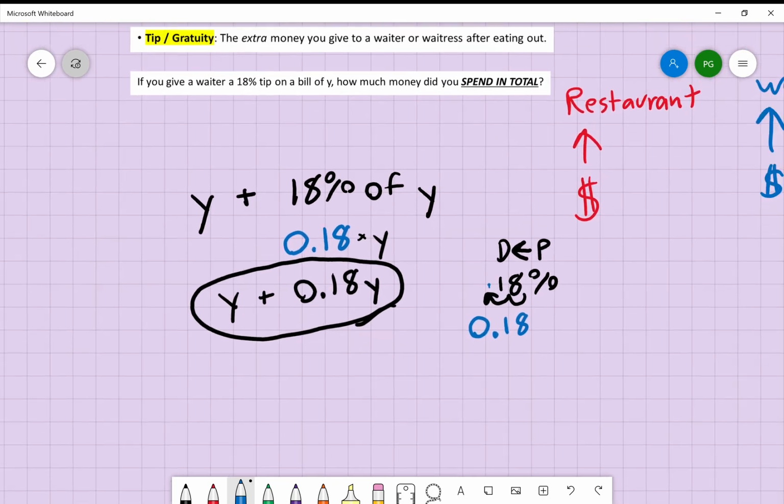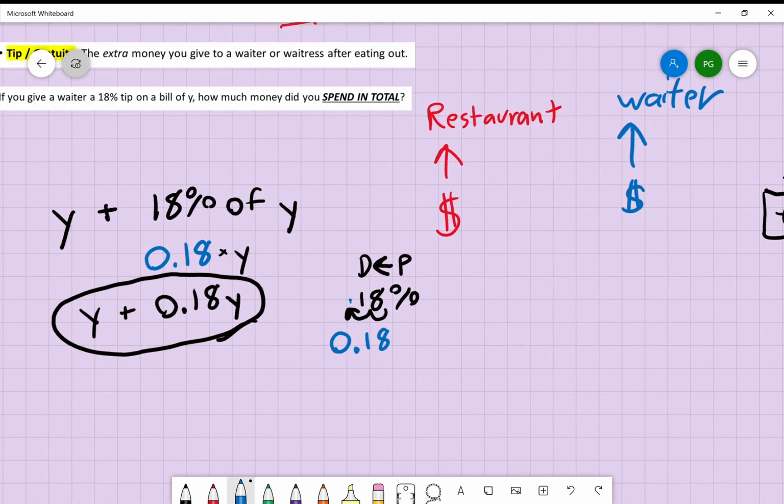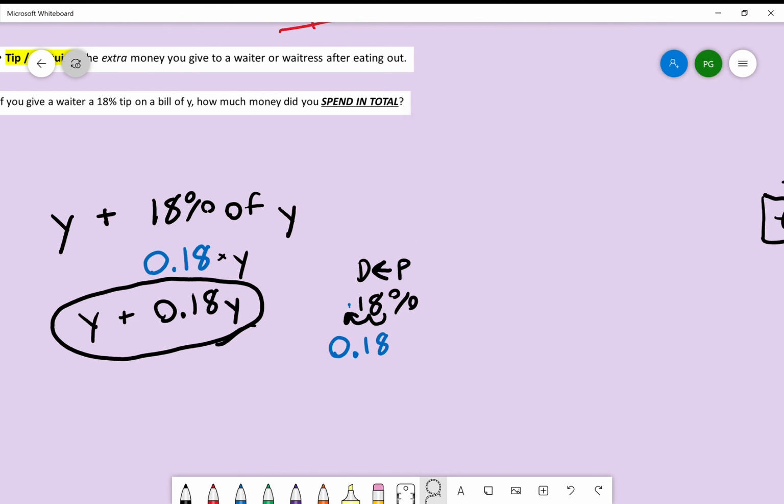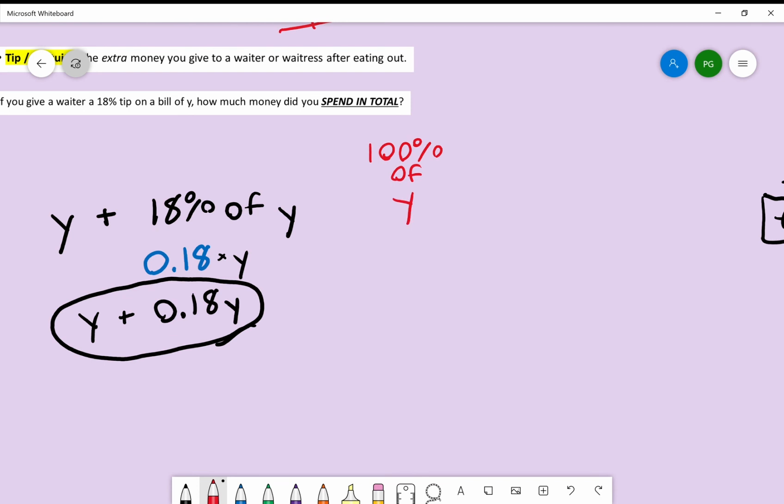Here as well, if you give a waiter 18% of a tip on a bill of Y, how much did you spend in total? Okay, remember, we solved this last example by saying, well, y plus 18% of y, that's 0.18 times y, is just y plus 0.18y. You have another way. You can also say 100% of y, which is what you paid the restaurant, plus 18% of y, which is what you paid the waiter, equals